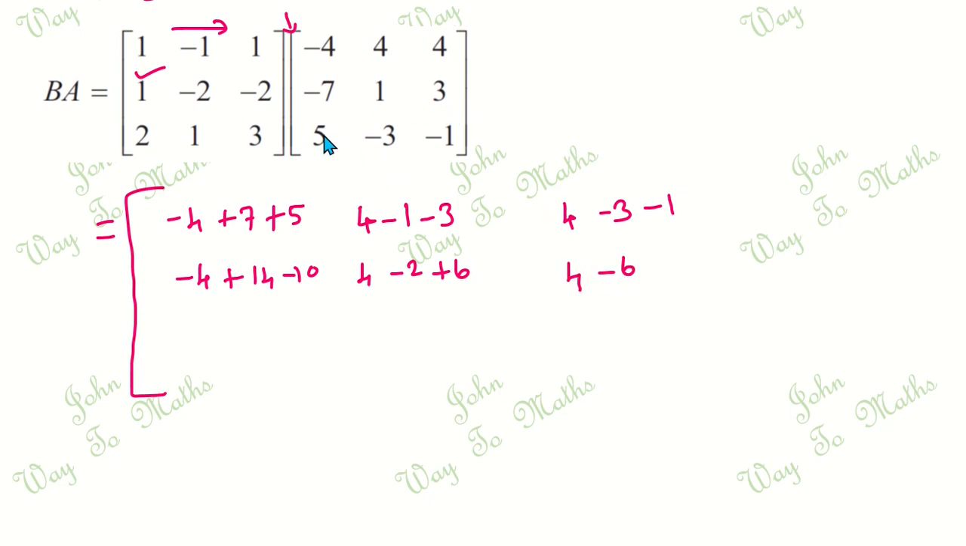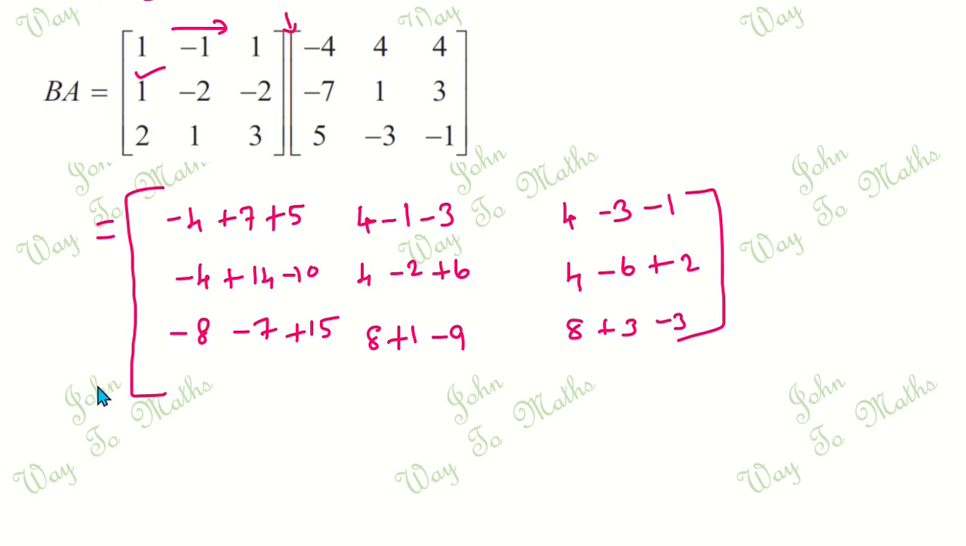Then third row multiplied by first column, 2 into minus 4 becomes minus 8, 1 into minus 7 becomes minus 7, 3 5s are 15, plus 15. Then third row multiplied by second column, 2 4s are 8, then 1 1s are 1, then 3 into minus 3 is minus 9. Then third row multiplied by last column, 2 4s are 8, 1 3s are plus 3, then 3 into minus 1 is minus 3, which is equal to